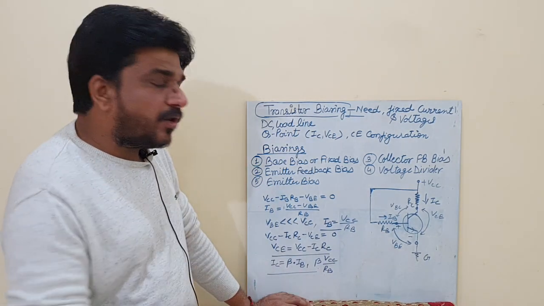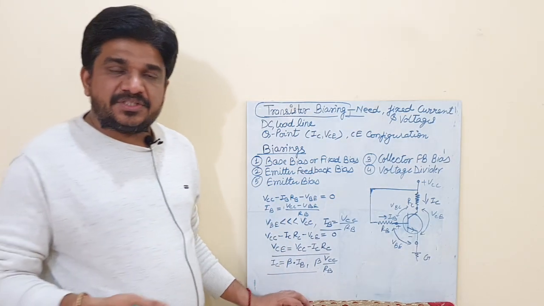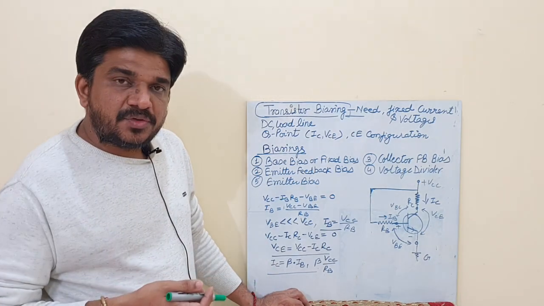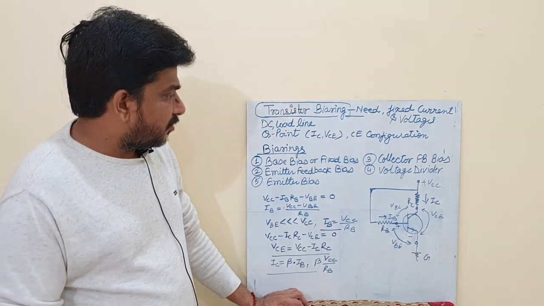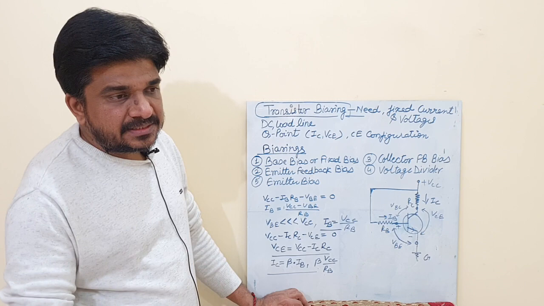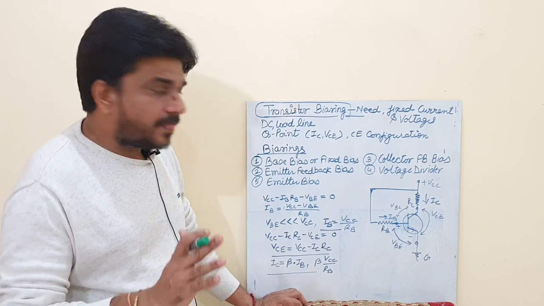So this Q point is very important, and in all the numericals which come on transistor biasing, we have this type of numerical to find out the Q point, and they may ask about the DC load line also. So when we start biasing, I think it is clear that we are using biasing to stabilize the circuit to get a better output.